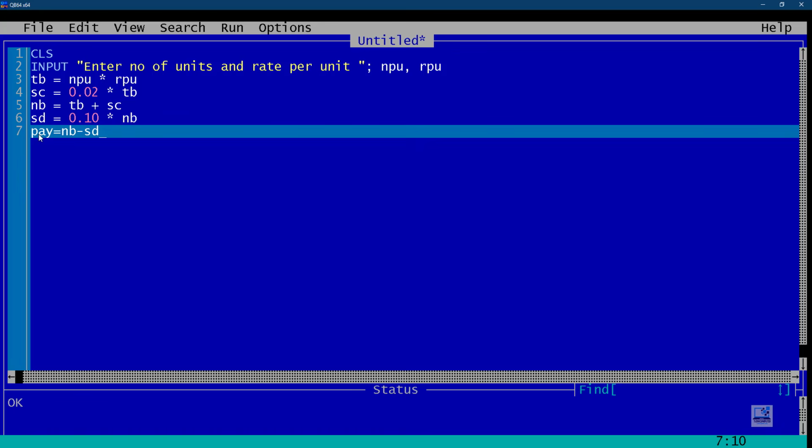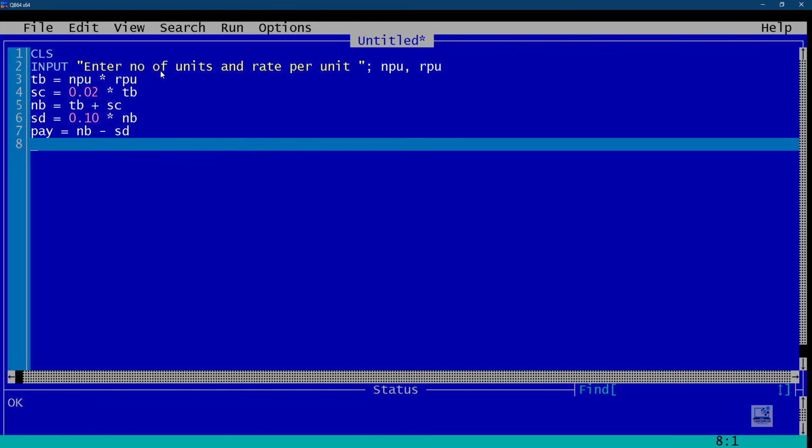Whichever variable name you take, you have to use the same variable name in the entire program, okay. So you cannot change the variable. And remember that the variable names are case sensitive. Although QBasic is not case sensitive, so the commands you can write in any language, means in uppercase or lowercase, but the variables that you are using are case sensitive. So if you are using a variable name in small letter, you have to use the same variable in small letter in the entire program, okay.